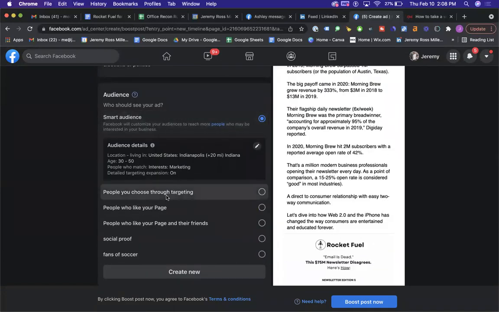And so the way I created this ad was, maybe when you first jump into this, you won't see a single audience here. Maybe you might see people you choose through targeting. You might see people who like your page, and you might see people who like your page and their friends, but you probably won't see any other ones. So if you wanted to create an audience similar to what we talked about in the blog,